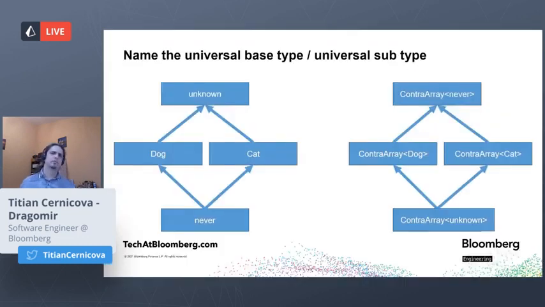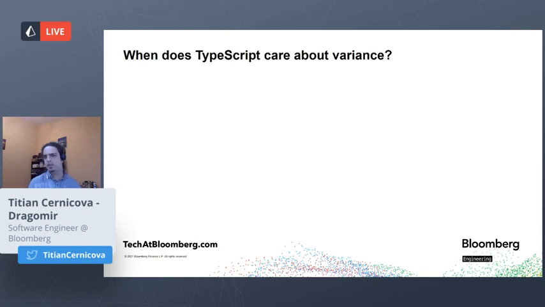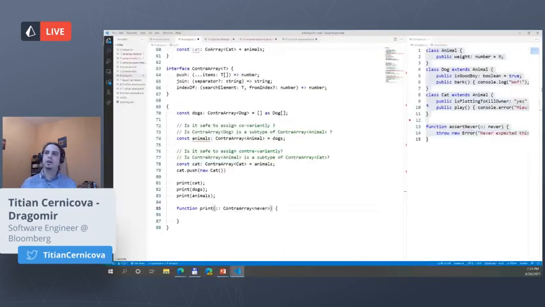Okay, so does TypeScript actually care about variance? I mean, it's obviously an emergent property in the type system, right? It definitely has impact. But does TypeScript actually use this in any way? Well, there are two ways that TypeScript definitely uses this. First of all is the error messages. If we were to look at our